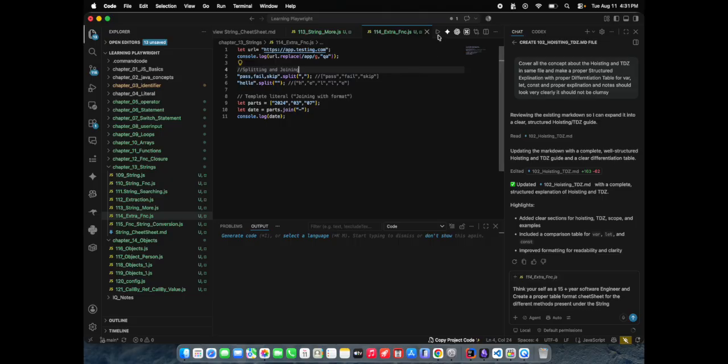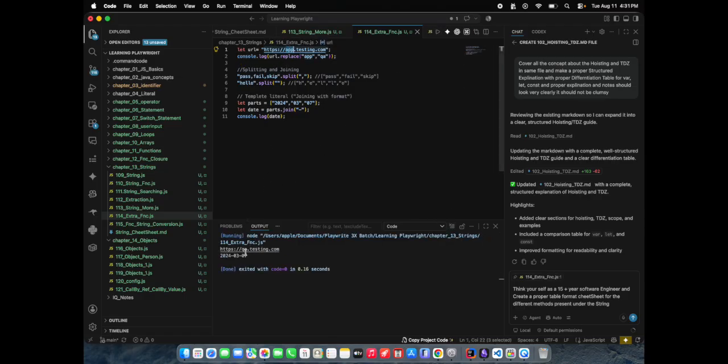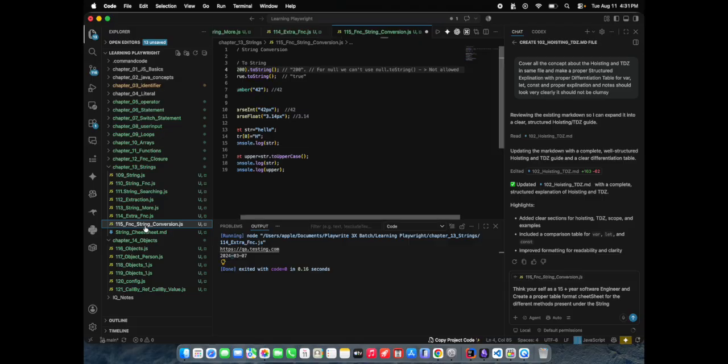So if I try to print this one now, we can see from this string, if we want to replace this one with app, then app will get replaced with QA. Okay, this is also regex match, which we will discuss in a later part, but you can also write it like this. If we write app, whatever app is there will get replaced with QA. So if I print now, this app will get replaced with QA here. And this joining concept which we are discussing here, whatever the array of strings will get joined with the help of this dash. Okay, so this also we have discussed. And we have string conversion functions.